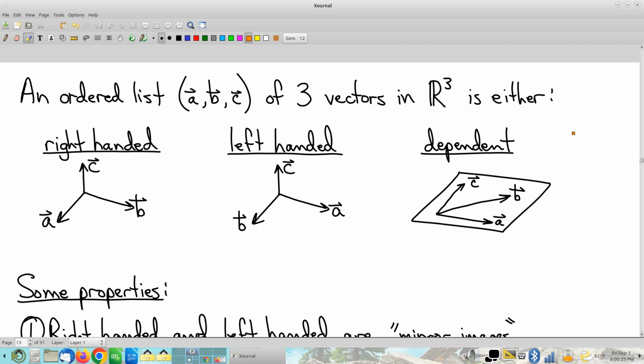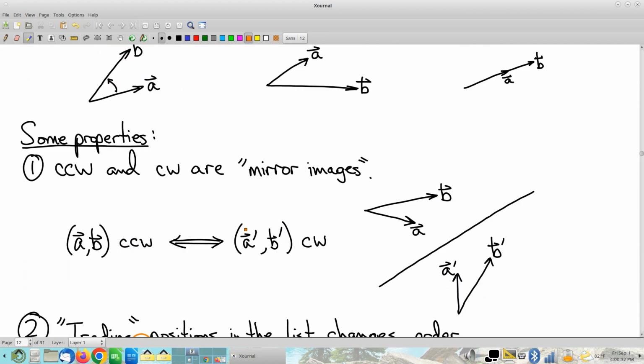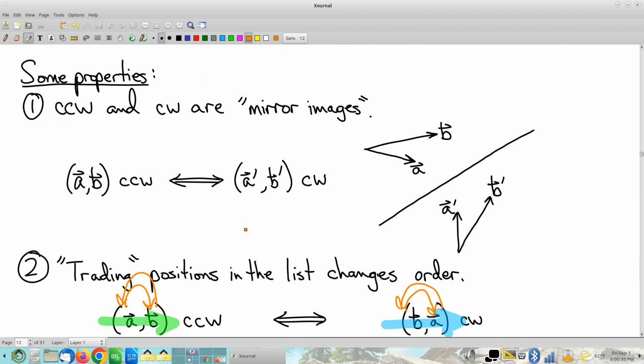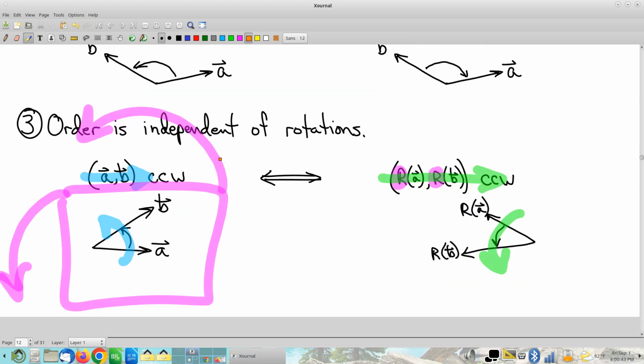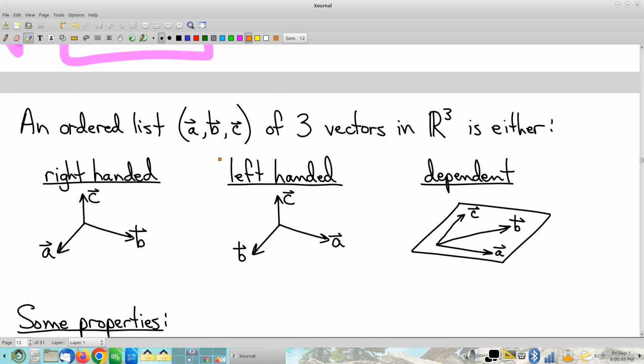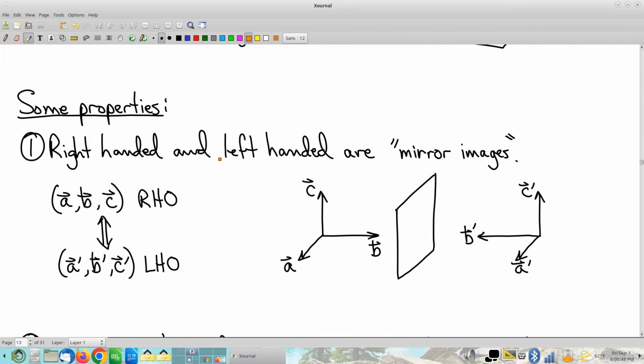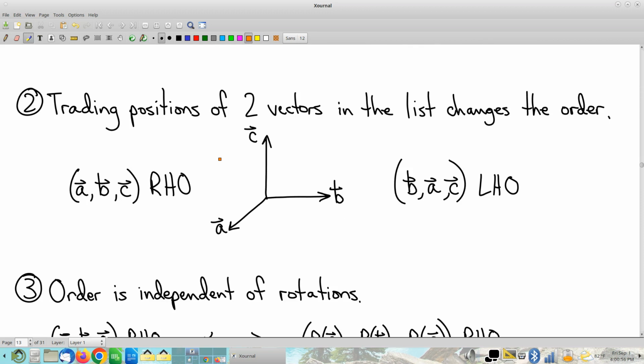All right. Okay, so I claim that this is actually pretty analogous to clockwise, counterclockwise. And remember, the conspicuous properties of clockwise, counterclockwise are that they're mirror images of each other. If you trade two of the vectors, that changes the order, and it's independent of rotations. And check it out. Right hand and left hand are mirror images of each other. If you trade any two vectors, that changes the order. Now I'm going to have to draw some pictures here, but if you trade A and B,